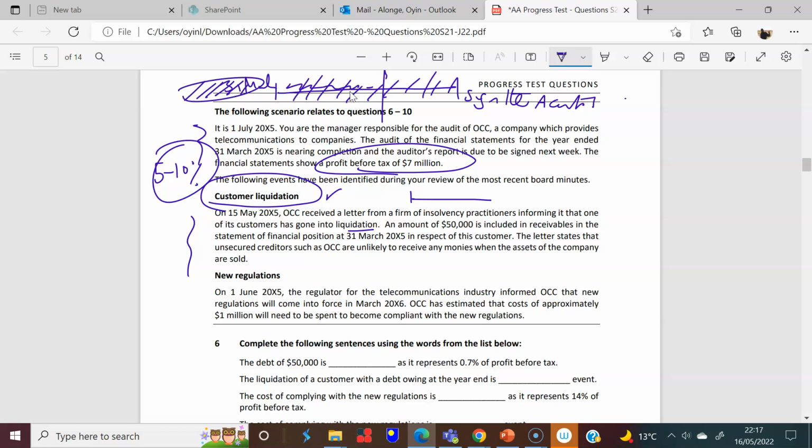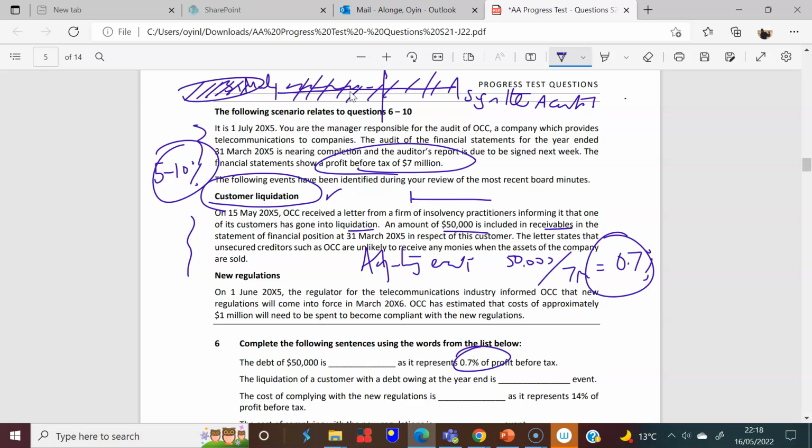So what do we have? We have 50,000 included in receivables with regards to this debt. And so the first thing to do is to assess it. Well, the truth is, it is an adjusting event. That's the first point. It is an adjusting event because it is a receivable that's gone bad, to which we had evidence. And the next thing we need to assess is the question of materiality. So 50,000 divided by 7 million takes you to 0.7%. I've done this on my own, and I can see they've actually done it for you as well.